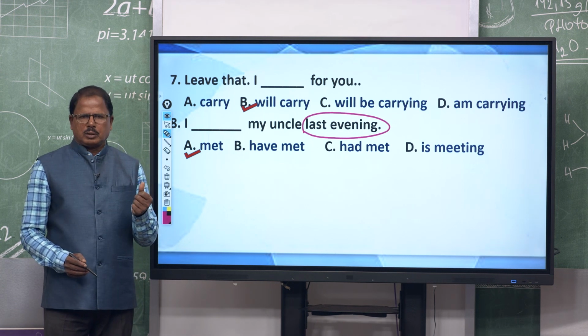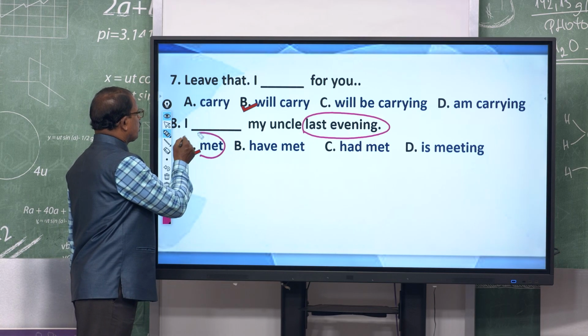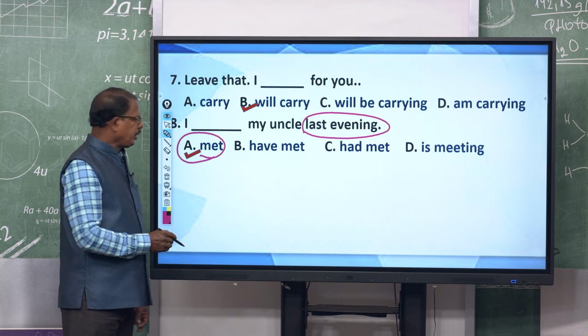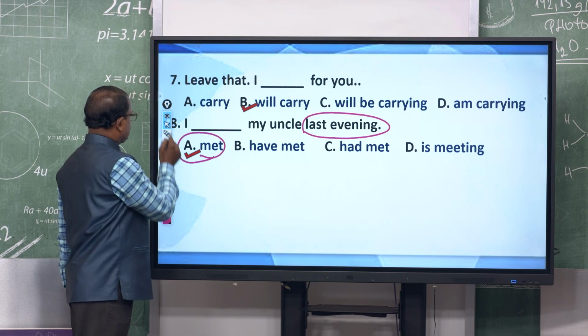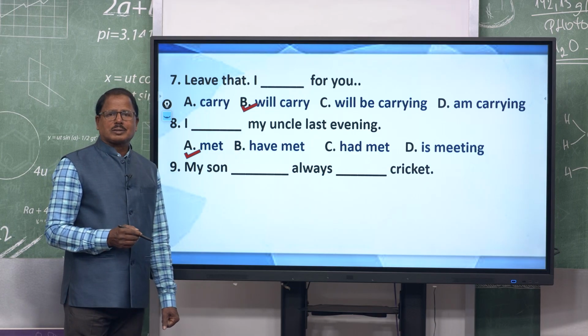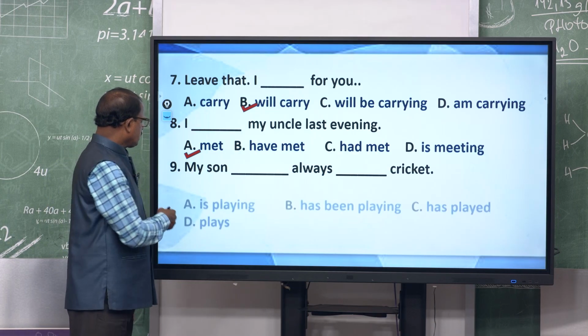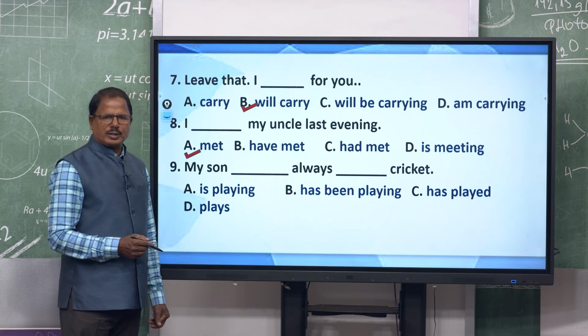if there is a past marker then you must use past simple form. This is the correct answer, right? So let's go to the next question, right? My son dash always dash cricket, and the options are is playing, has been playing, has played, plays, and